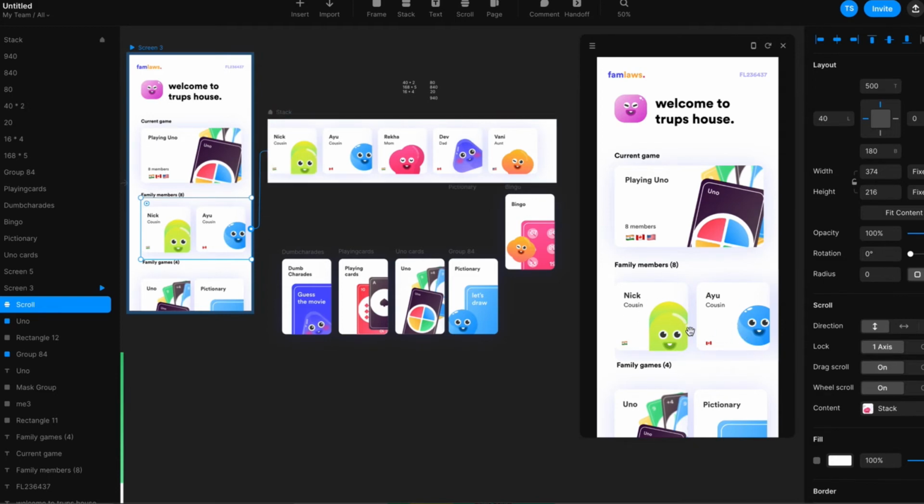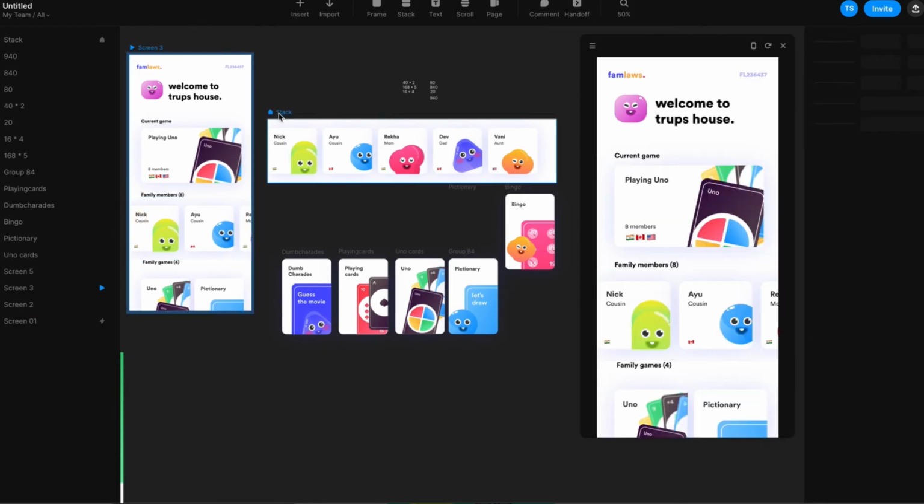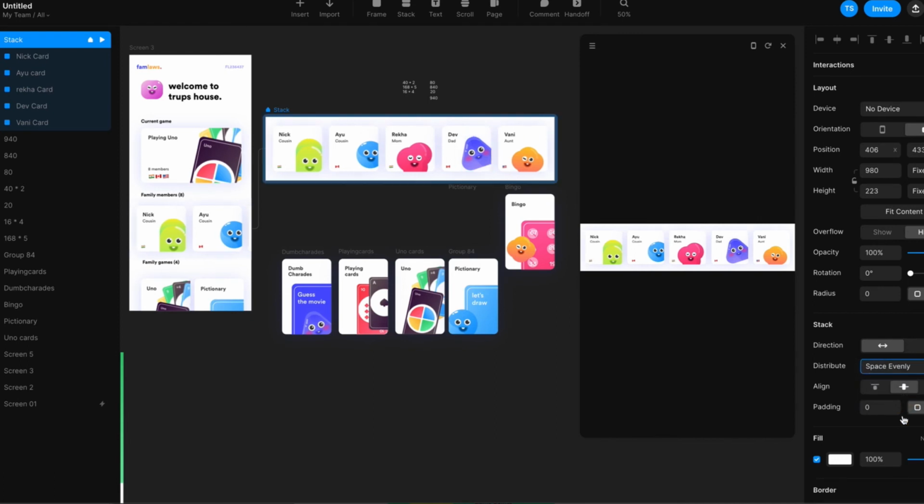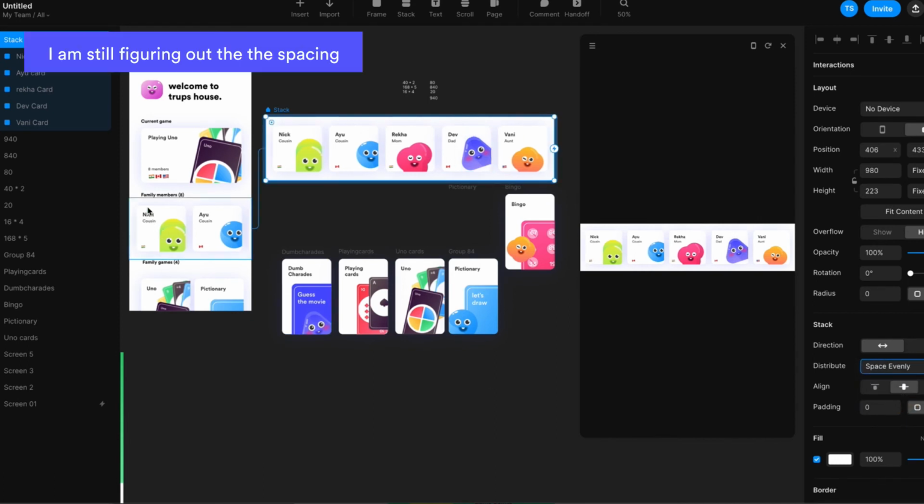And to select the direction of the scroll container, you have to select horizontal. Now bam, you see they are horizontally scrolling and they are all happy, but there's a bit of an issue over here. So we are going to drag the scroll all the way here and keep a padding and space it evenly so that now everything is aligned accordingly. Space it evenly.